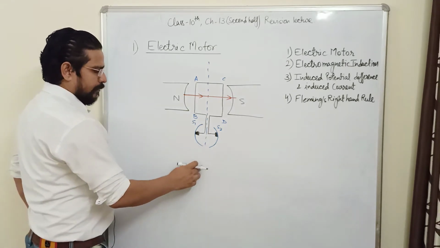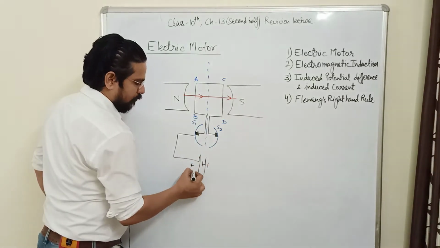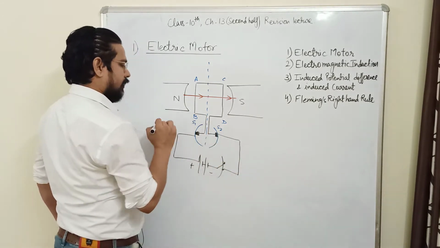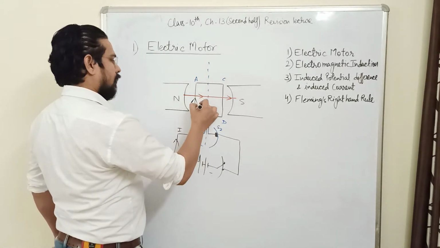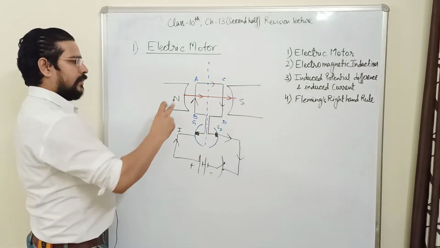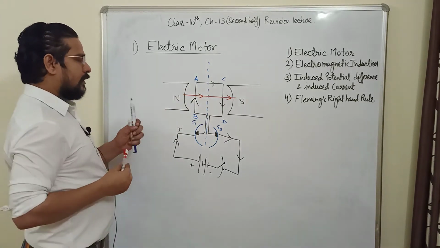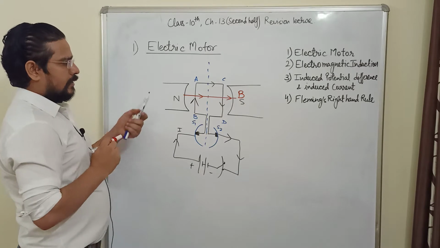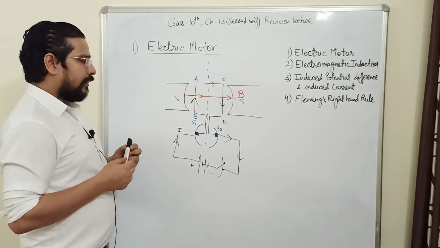What else do we apply in a motor? For a motor to rotate, we must connect it with a source of EMF or battery or cell. So positive and negative supply through a key, and it is connected with the slip rings. As you know, this is the positive terminal. A current I will start flowing through the circuit, and now we have two current carrying conductors AB and CD which are placed in a magnetic field. As I discussed in my previous lecture, a current carrying conductor placed in a magnetic field experiences a force which is given by Fleming's left hand rule.